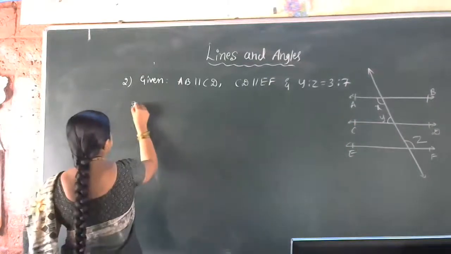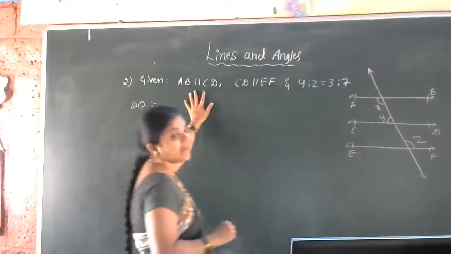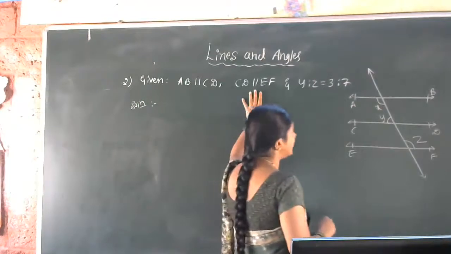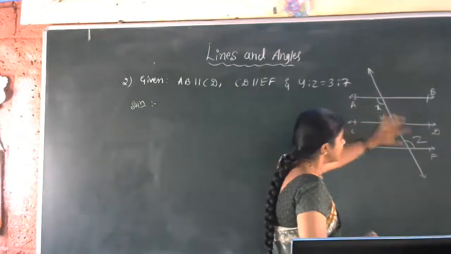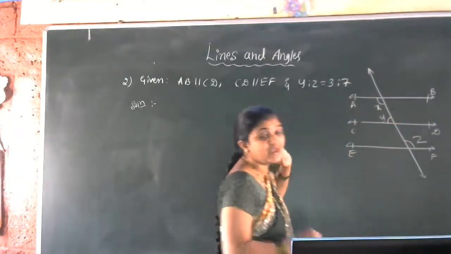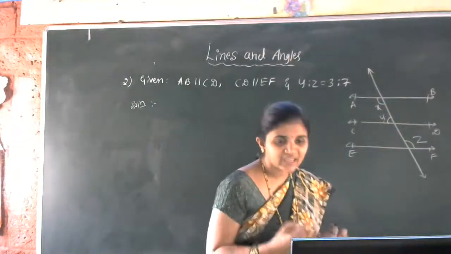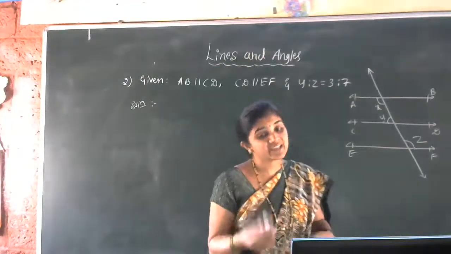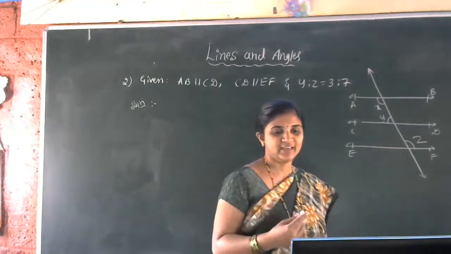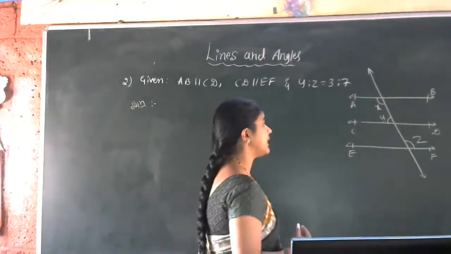So now we'll start the solution part. How can we start with this one? Actually, AB is parallel to CD and CD is parallel to EF. Y is to Z is given actually. Here is Y. Here is Z. Which concept do we have to use here to find X, students? Can anyone tell me? Which concept do we have to use to find the X value? Yes, alternate angle topic.